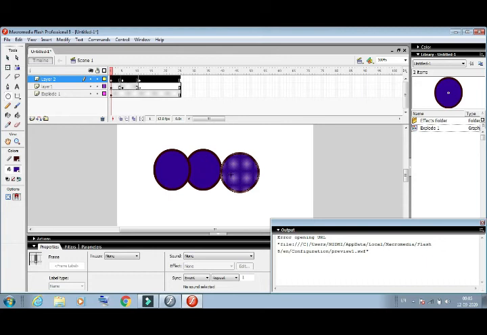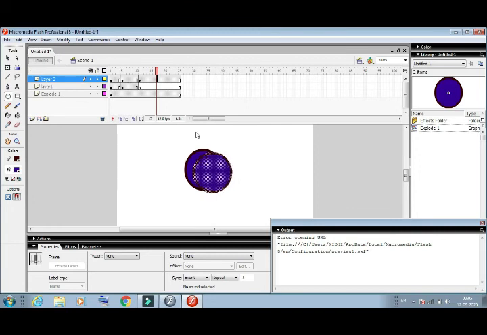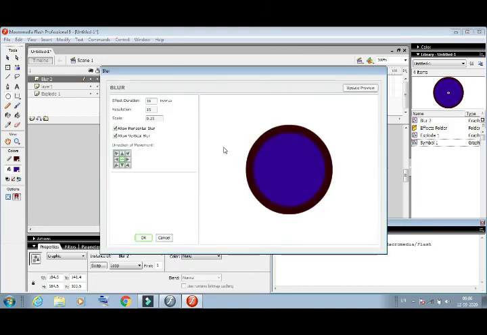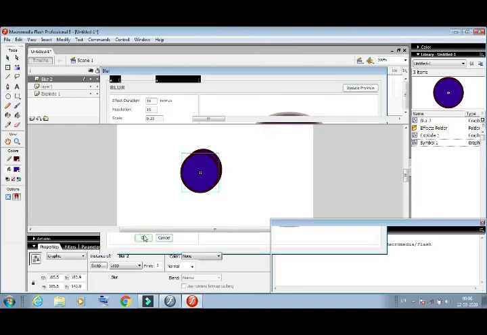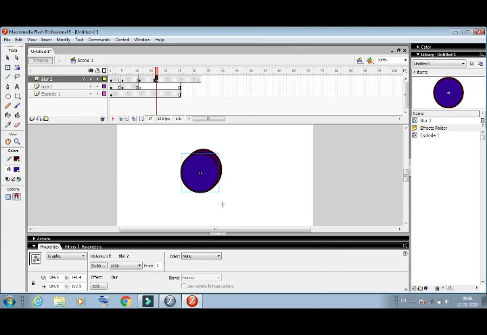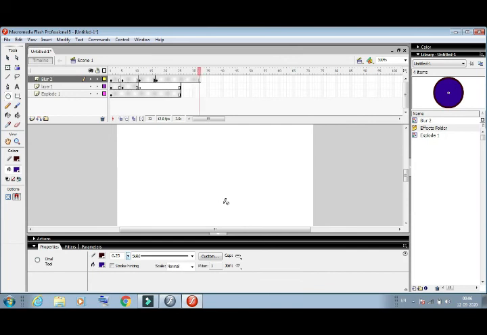So we will move to this layer 2 on the left direction, and then we will press F6 and press the right mouse button and go to the timeline effect option, and here we will go to the effect option, and here we will select the blur and OK. So now the animation is created. Then we will check whether all the animation is working well or not. How can we check? We will press the Enter key, so all the effects are applied.